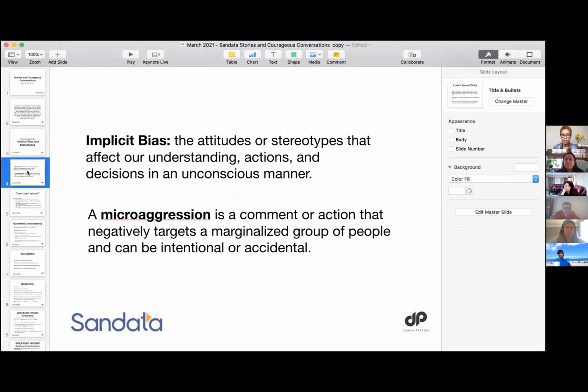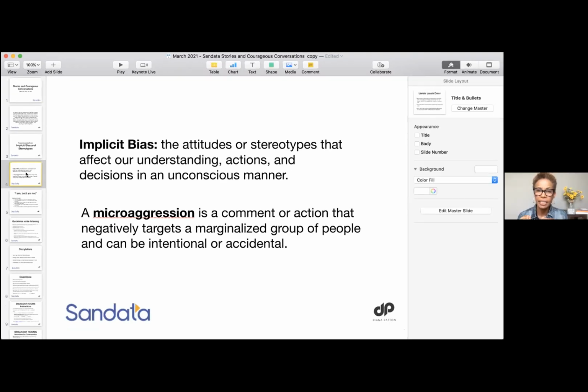Implicit bias: these are attitudes and stereotypes that affect our understanding, actions, and decisions in an unconscious manner. And there are also these things called microaggressions. These are comments or actions that negatively target a marginalized group of people and can be intentional or accidental. Now, again, we'll dive deeper into these topics in future trainings, but to give us an idea of what this